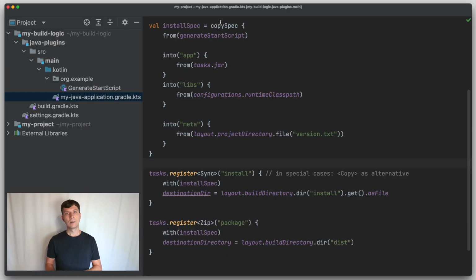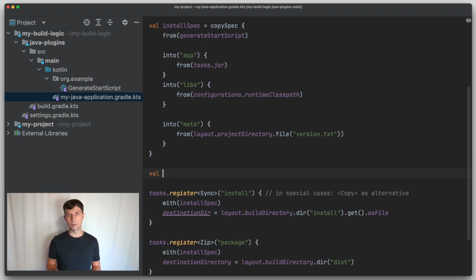There's more functionality the copy spec concept offers. Here are a few things you might need to tune your setup. The first thing we've already seen when we used one copy spec in two tasks is that copy specs are composable. That feature can also be used on the specs directly.